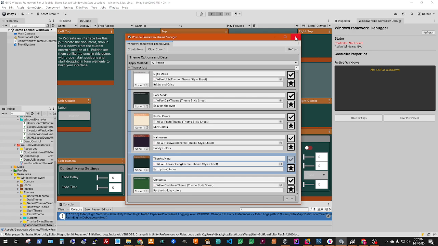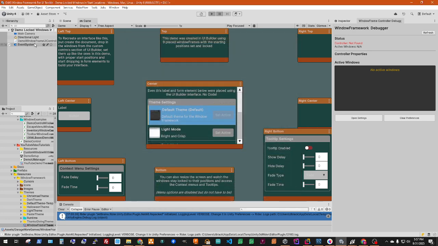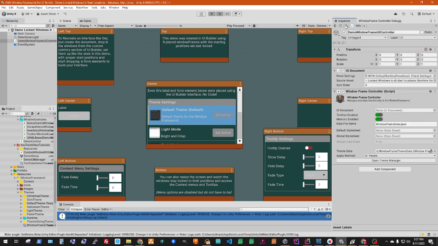Okay. There's a few new options on the controller also. If you look, we've slimmed it down a lot. The themes start to get a little bit big, so now they are in the theme manager, so you have to go over the quick button there. You also have the global style sheets options, which is additional style sheets, like for instance, our demo uses it to add extra theming,